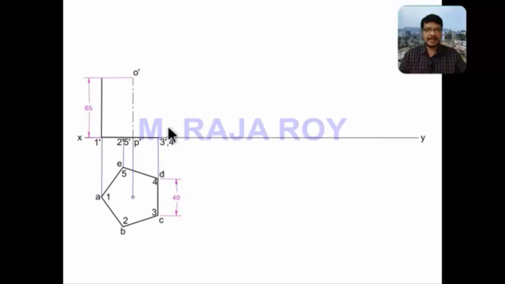Now project the remaining longer edges. This is A dash. Here you will get C dash, D dash. Then here you will get B dash, E dash. So top view and from the top view, front view, both are obtained. This is the simple position. In the second stage, this longer edge, that is 1 dash, A dash, we have to keep it at 45 degrees. We have to tilt this to 45 degrees.